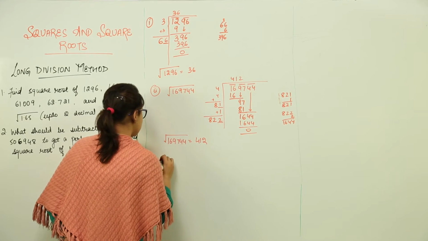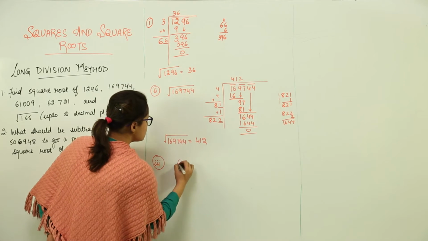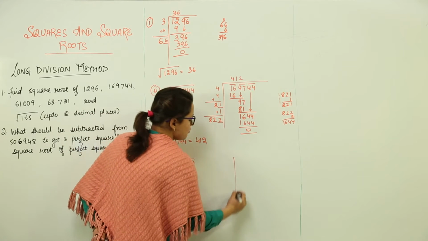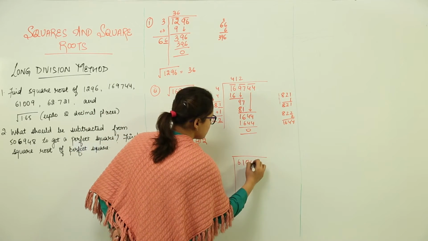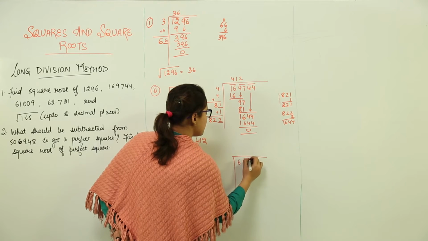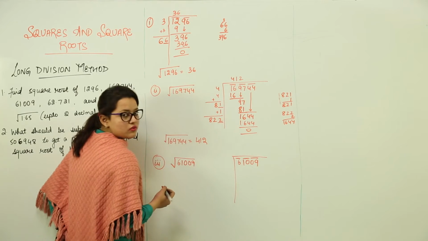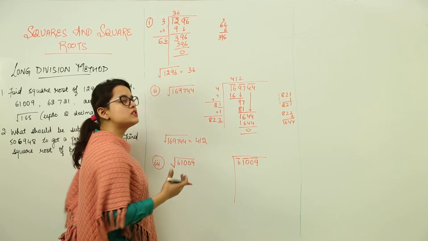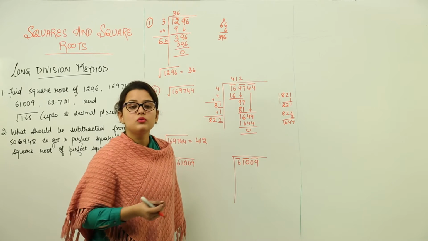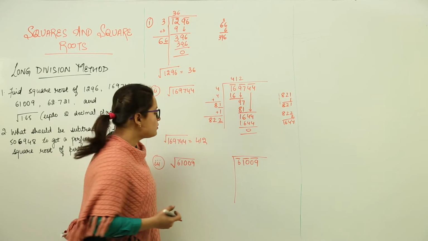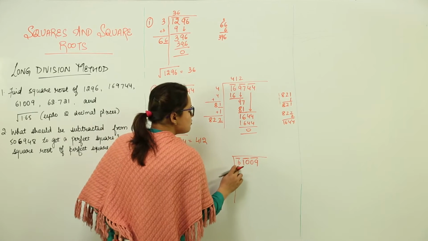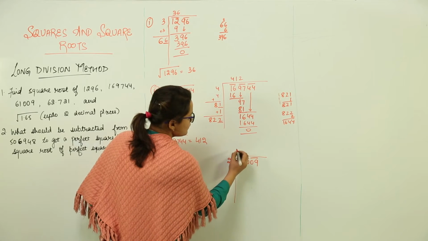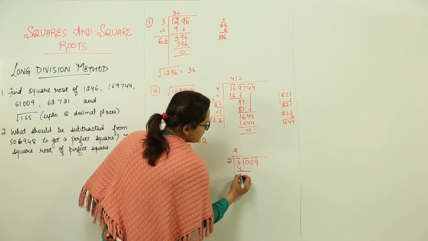Moving on to the third question, we have the number 61009. Now you have to find the square root of this. Following the same method, we get 61009. Making the pairs, we are left with only a single digit over here. So we start with a single digit only. Obviously a number which has a 2-digit square will not work for this. So we have to think of a number whose square is either equal to 6 or lesser than 6. Yes, that will be 2. 2 2s is 4. The remainder we get is 2.